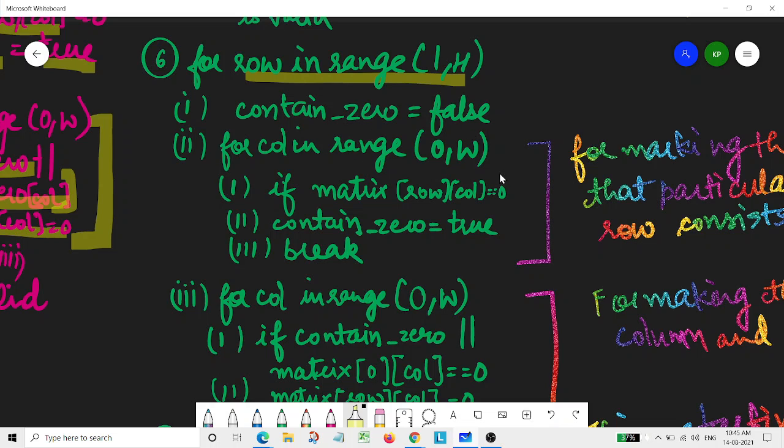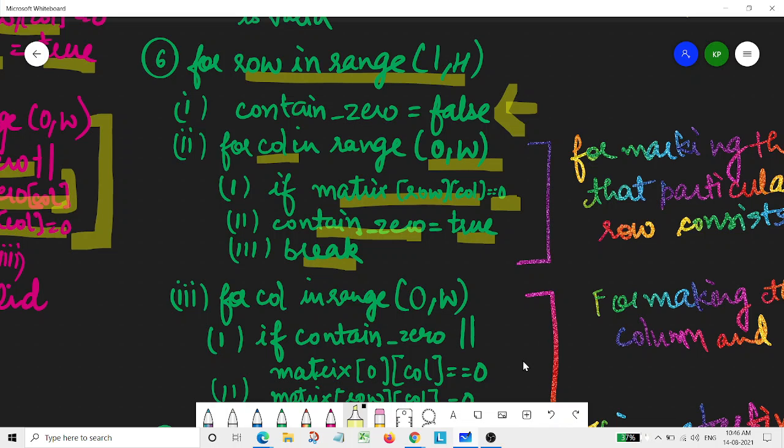First, we are initializing contain 0 as false at every row at the start, the way we were doing in our previous algorithm. Now we'll simply traverse the matrix over the columns in the range 0 up to width. If matrix[row][column] equals 0, then we'll mark our contain 0 variable as true and then we'll simply break.